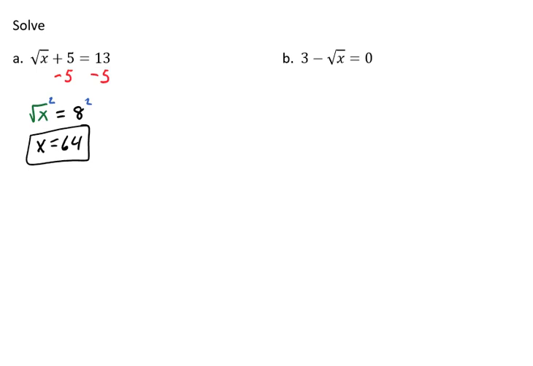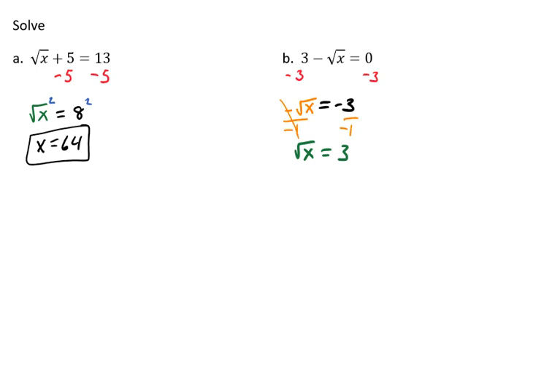Same idea. We want to get this square root of x by itself. So we're going to begin by moving that 3. We're going to subtract 3 from both sides. Then that leaves us with the negative square root of x equals negative 3. We need to get rid of that negative sign. So now we're going to divide both sides by a negative 1, which gives us the square root of x